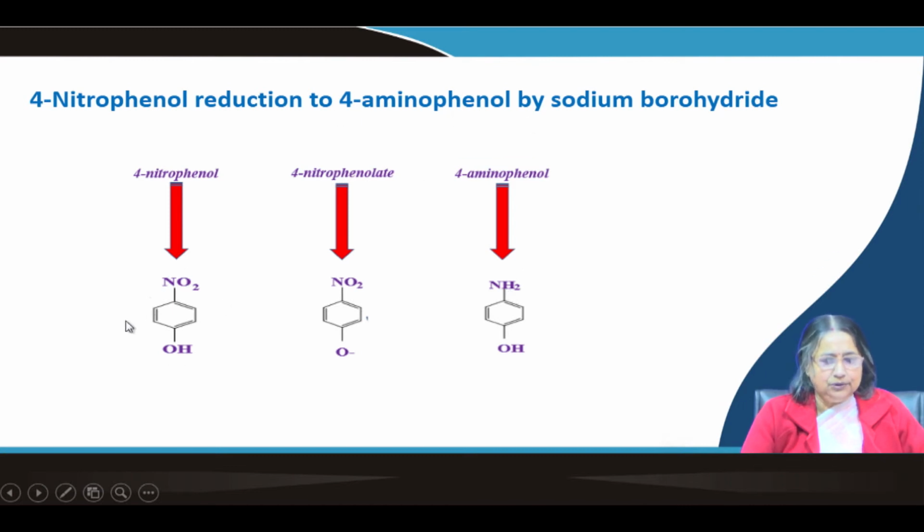So, this is nitrophenol, this is aminophenol, and here, because the phenolic OH group is acidic, this hydrogen can be taken out by alkali. When it is taken out, it becomes O minus, then instead of phenol we call it phenolate. O minus, this is phenolate. So, it is 4-nitrophenolate, and why the 4 is coming, because with respect to the phenol group it is the 4th position. Their relative positions are 1 and 4, that is why 4.